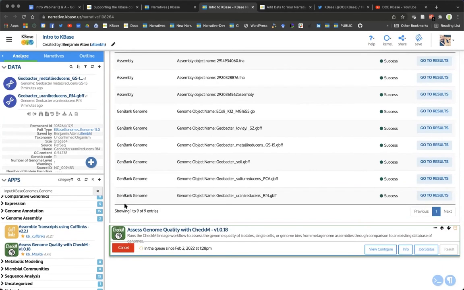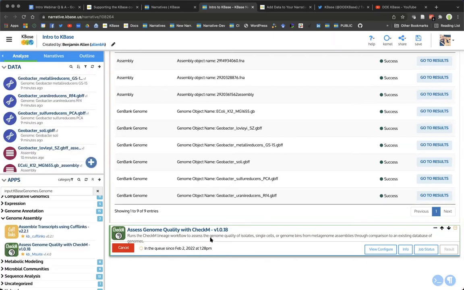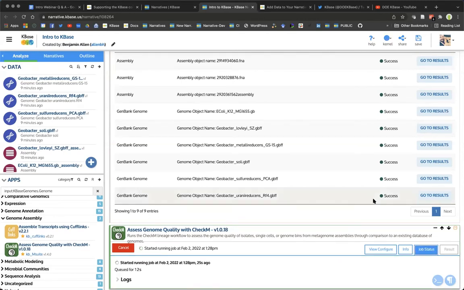And again, you can see I have just started this app. Right now it says I'm in the queue. And as soon as I'm out of the queue, it will transfer to its running stage. I don't actually know how many jobs are running on the system right now, but okay, there you go. It says started running job at this time. So that's good. It means I'm out of the queue and now my job is running on our hardware. So if I want to monitor the status of this job, you can see I've got this job status button here. If I click that,